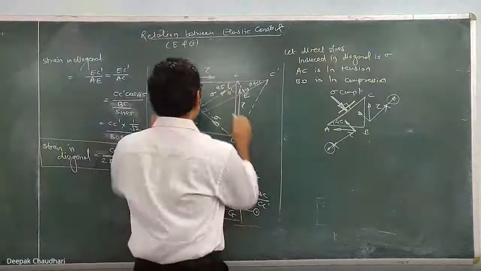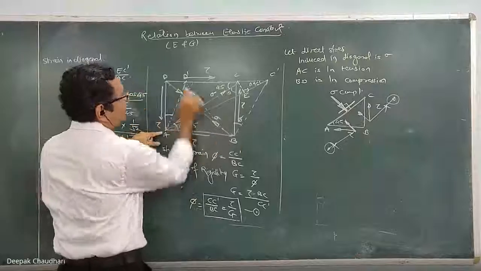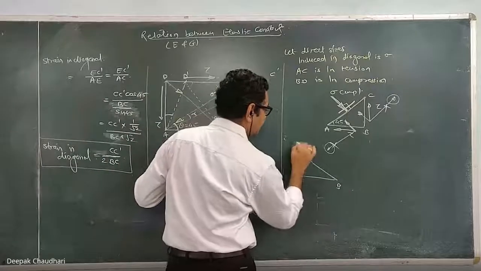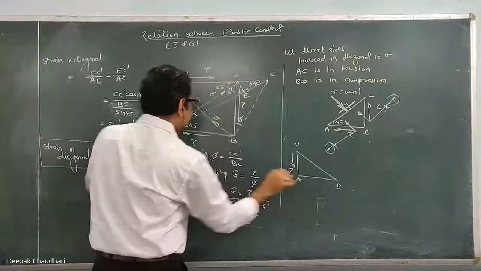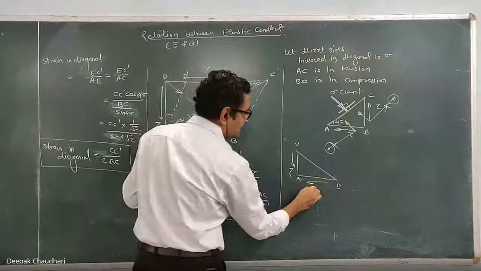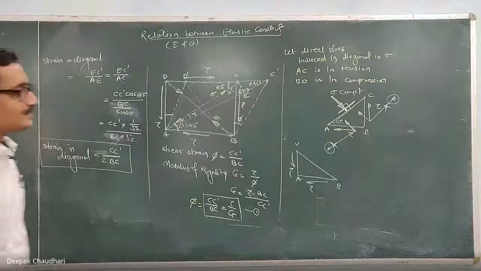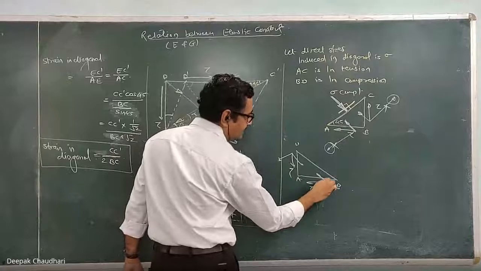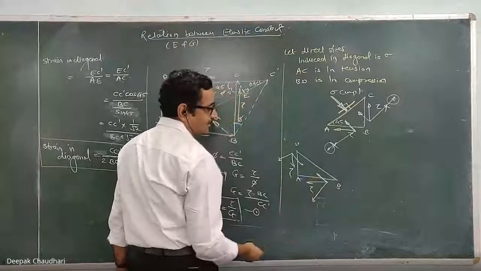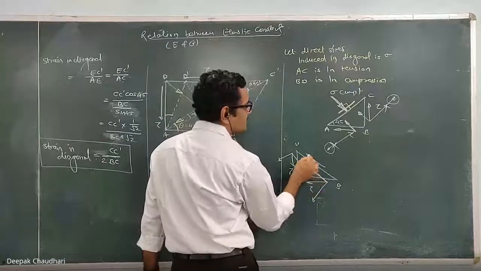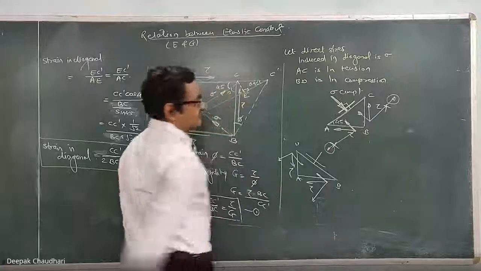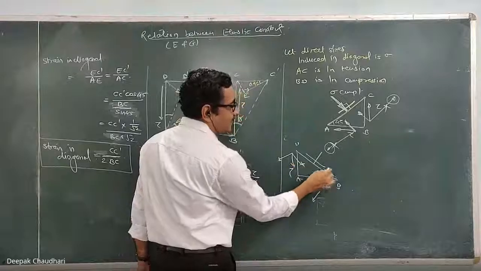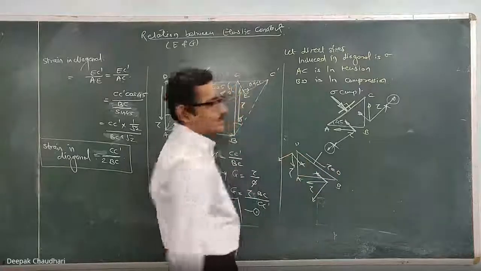Similarly, if I consider this triangle ABD, this is the shear stress on this surface and this is the shear stress on this surface. If I resolve it into two components like this, one is along the plane and the other is perpendicular to the plane. Because of this shear stress, again there is a shear stress on this inclined plane and a normal stress. Since these two components are equal and opposite, they cancel the effect of each other, and hence the shear stress on this plane AB will be 0.